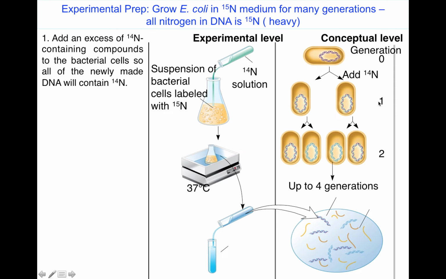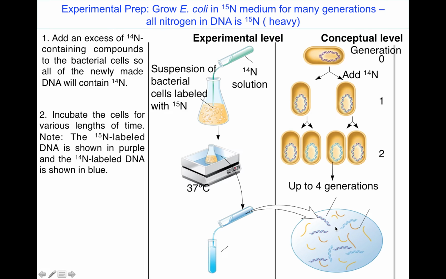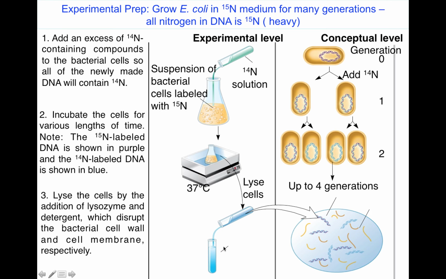At each generation time, they removed some of the cells from this culture and extracted the DNA and put it on a gradient of cesium chloride. Cesium chloride is a very heavy salt. If you make a solution of cesium chloride and put it in a test tube and spin it very hard and very long, 100,000 times G for 3 days, it will create a gradient of density inside the test tube